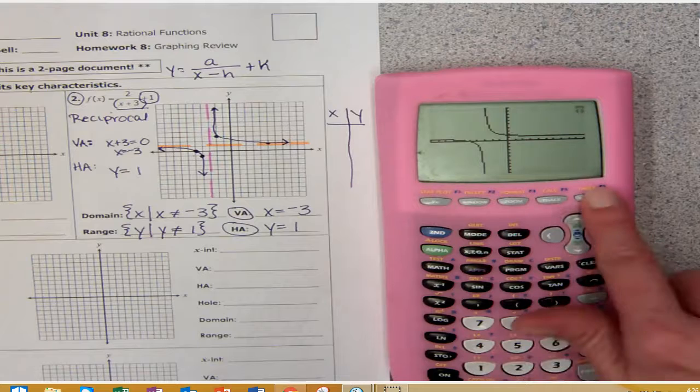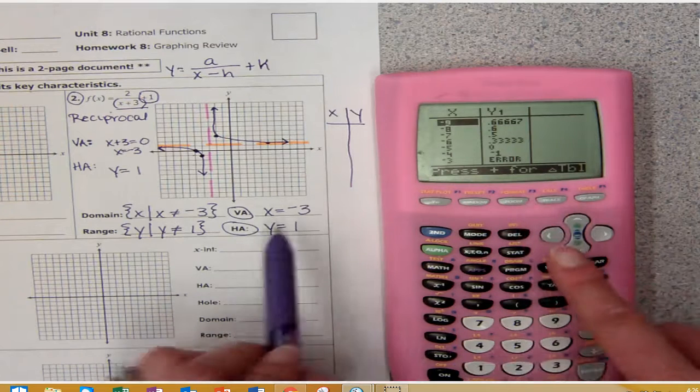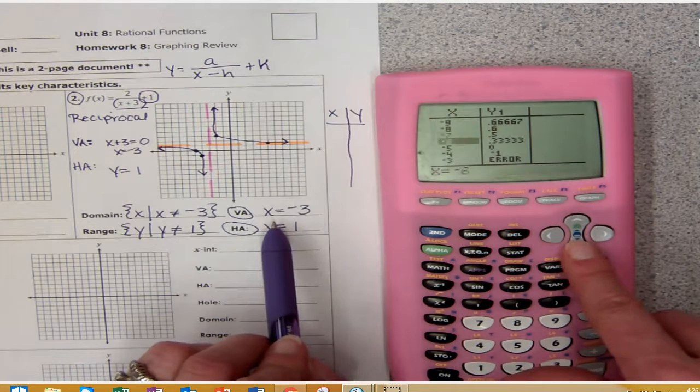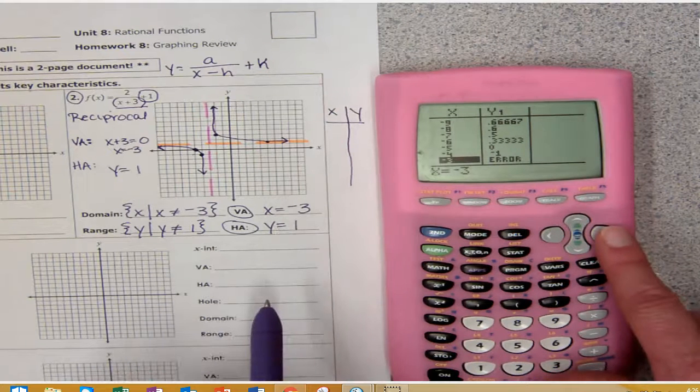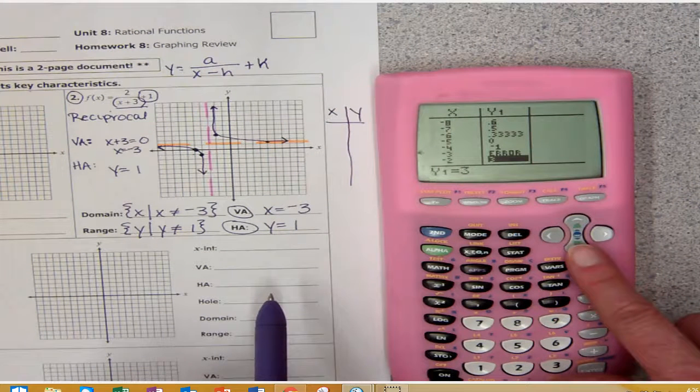And then I'm actually going to look at the table and just make sure that at x at negative 3 I have an error. So that tells me that the asymptote is there at x equals negative 3. All right,